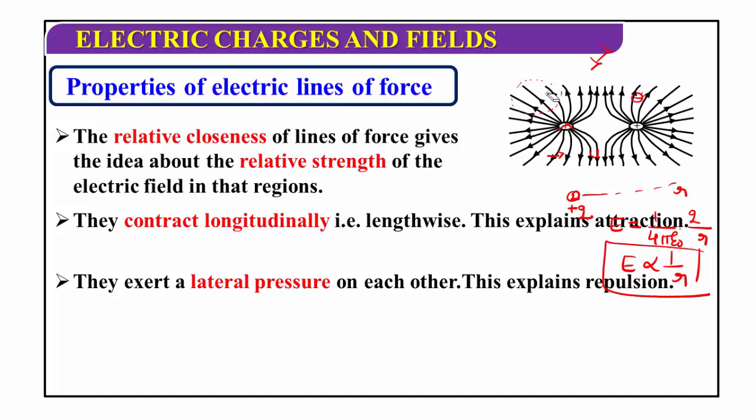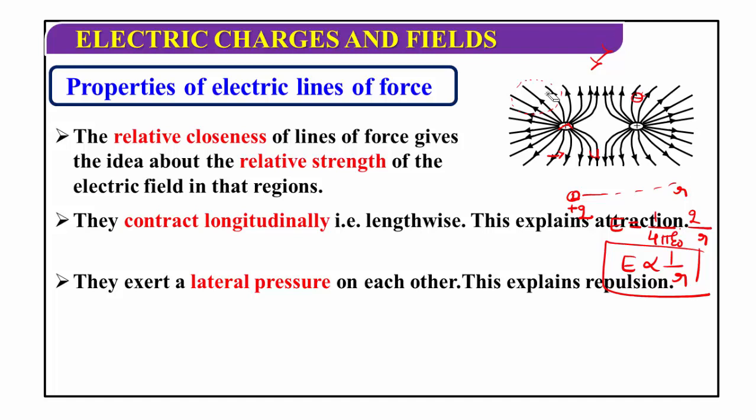That is not possible. Electric field lines leave or enter the surface of a charged body, and do not pass through a conductor because the electric field inside the conductor is zero. Electric field lines can easily pass through an insulator because of the dielectric medium. Electric field lines always have a tendency to contract in length, because this explains the attractive nature of force between two unlike charges. And electric field lines have a tendency to expand laterally. It explains the repulsive nature of force between two like charges.